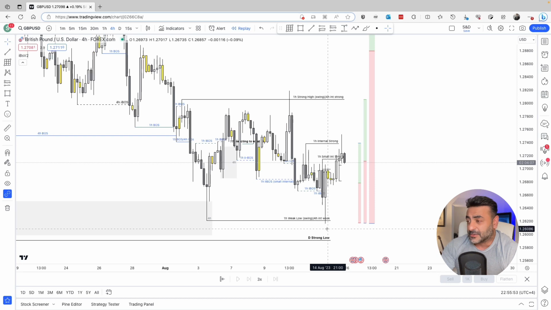But it did not close below. It wicked it, and it closed heavily, pulling back all the way, indicating that this could be a sweep of liquidity because there are tons of orders sitting obviously over here. And it just went in, took all those orders, all that liquidity, hopefully to fuel the prices upwards,